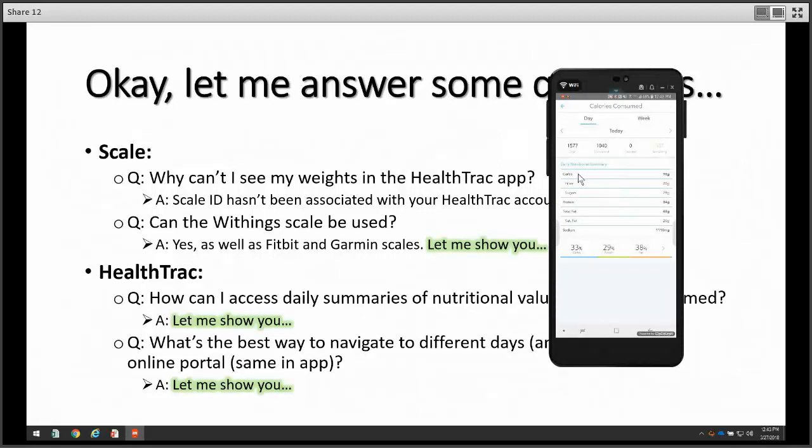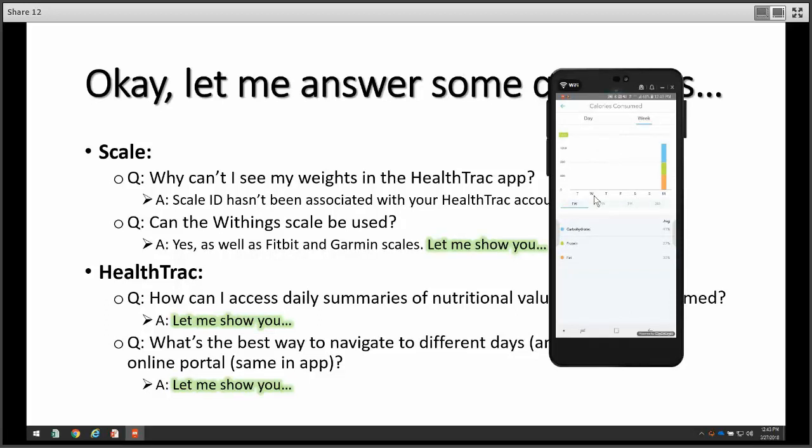So I'm going to click on calories consumed, this section here. And then it takes me here and shows me what I have consumed. This is all made up data at this point, but it shows me that I have consumed 1,040 calories, and it shows me the macronutrient breakdown of those calories.